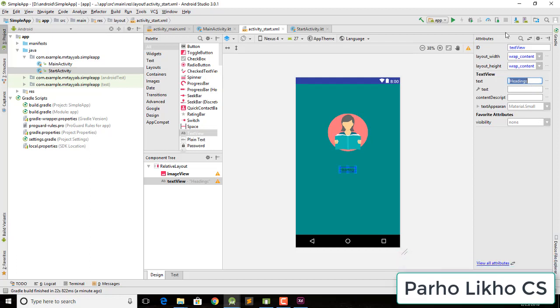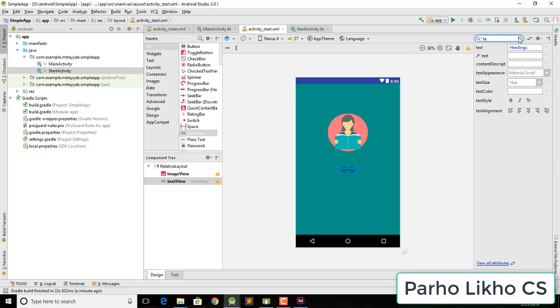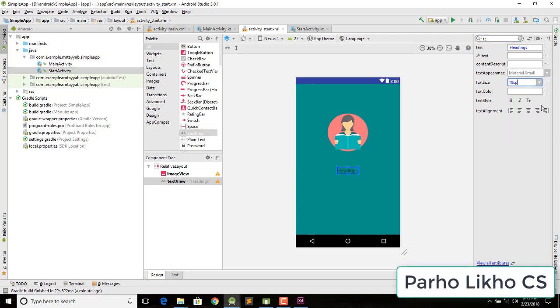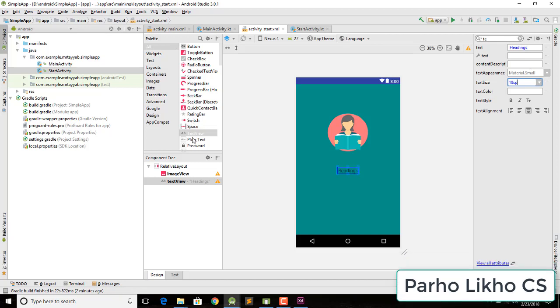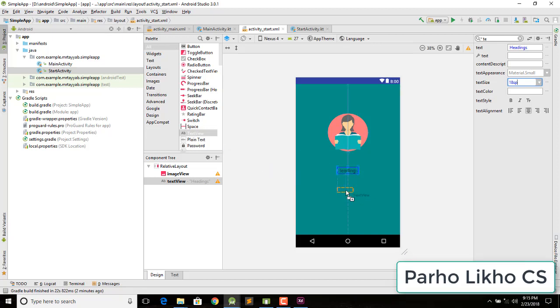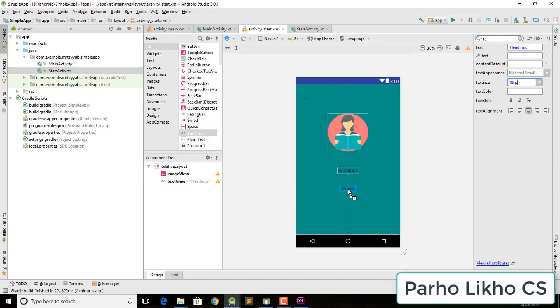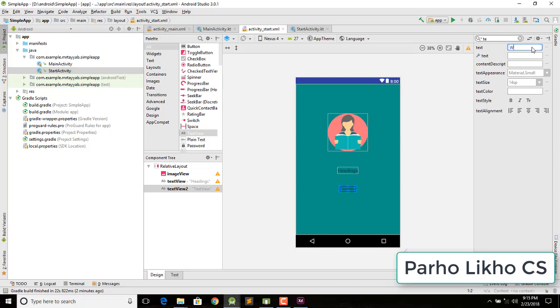After this I change its text size to 18 dp. Now it's good. And select alignment, select center. After this we need one more text, so I select it here. It is for the description, so I write here